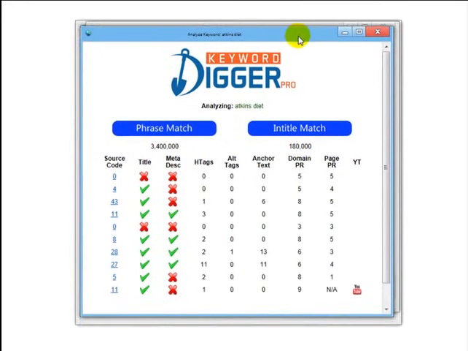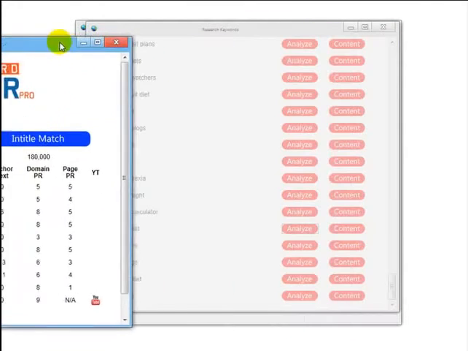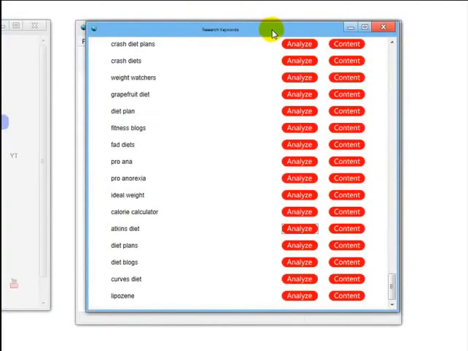Okay, so that's the analyze button. Sorry if I've rattled on for too long. It is a common problem of mine, I seem to do. So I'll move that aside and we'll look at the